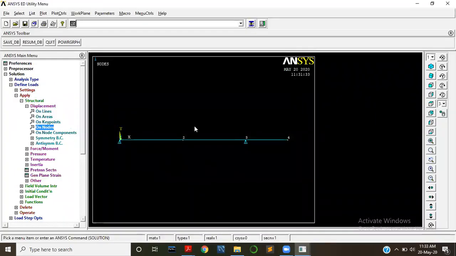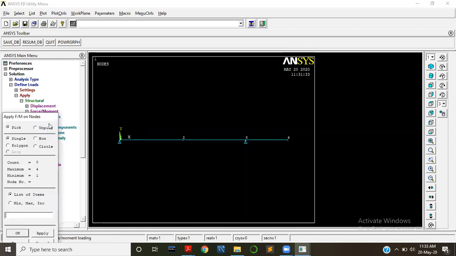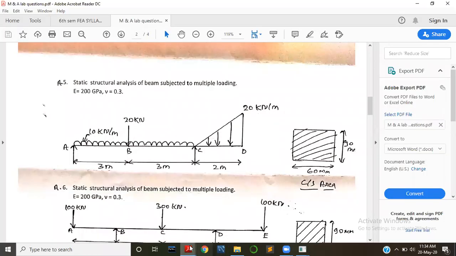Next, go to solution, define loads, apply, and in that structural, and in that force, and in that on nodes, click on node 2. So we have to apply this particular 20 kilonewton load at node 2.